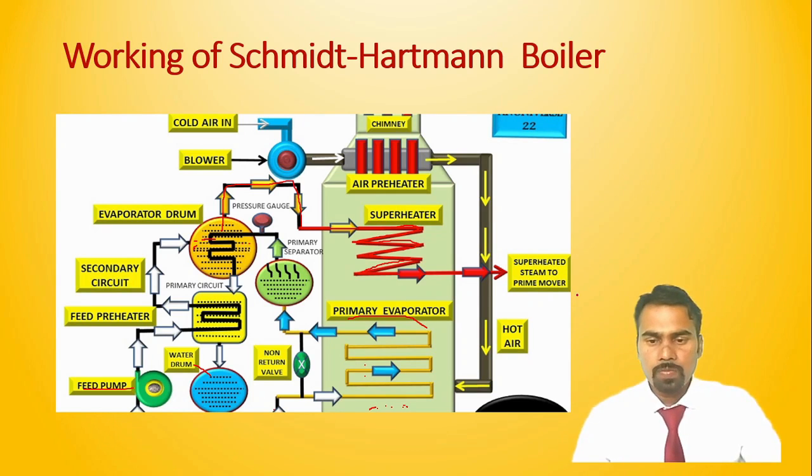Okay, now what about the secondary circuit? This is the primary circuit, from this point to this, and this steam goes up to the turbine. Now the secondary circuit. Here we are sending steam from this point. This tube is surrounded by this steam. By giving heat to that water, the steam becomes condensate, that is liquid form. Okay, and this water is stored in this water drum, and this water we lift by using this feed water pump, and we send it into